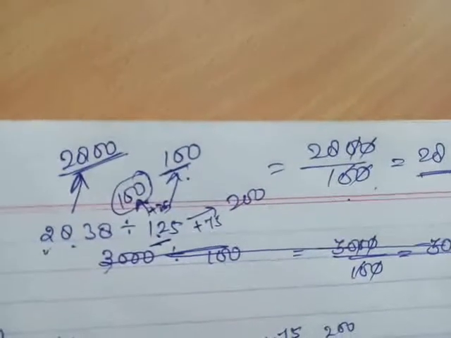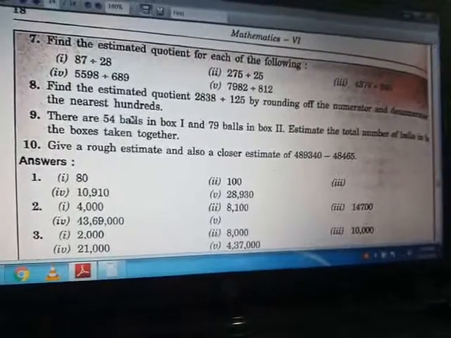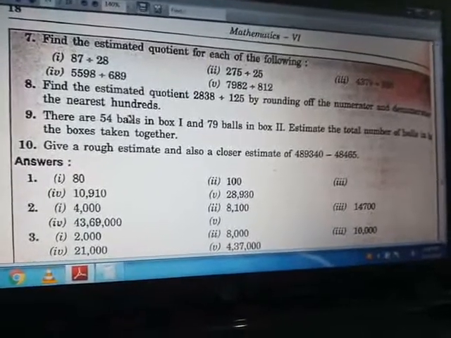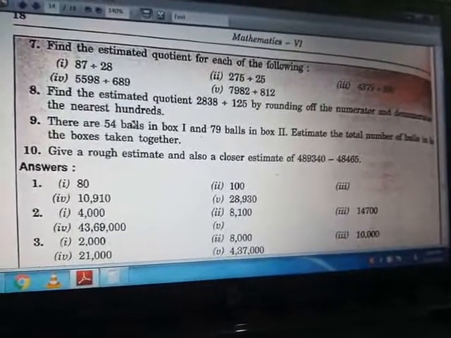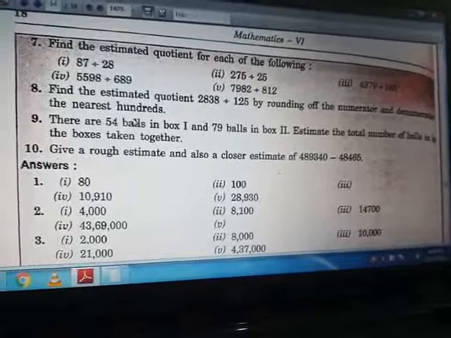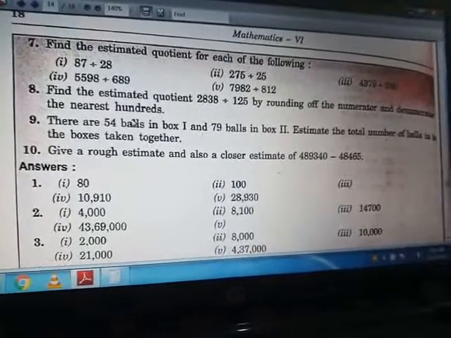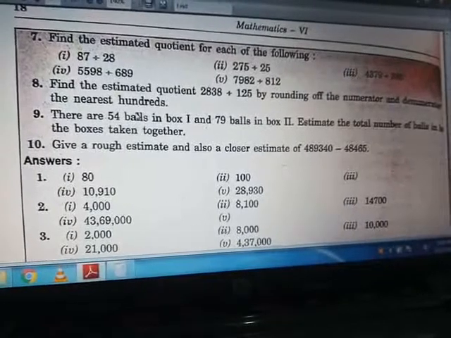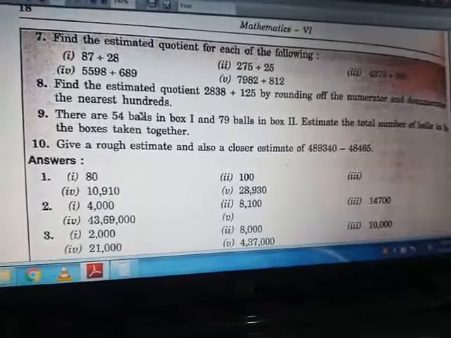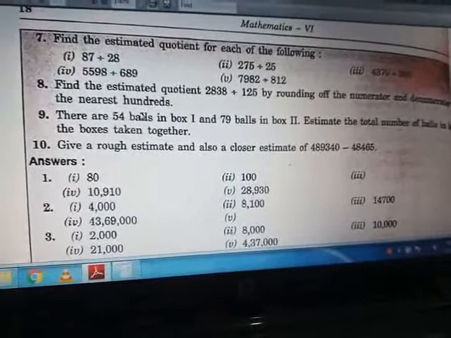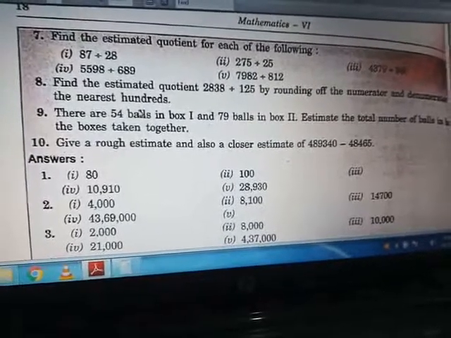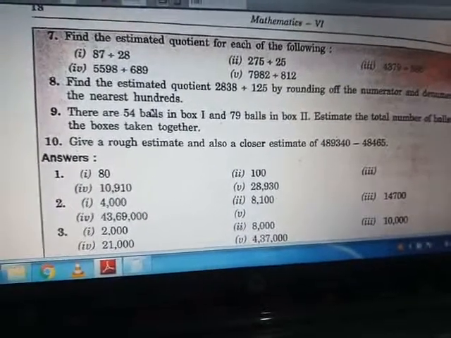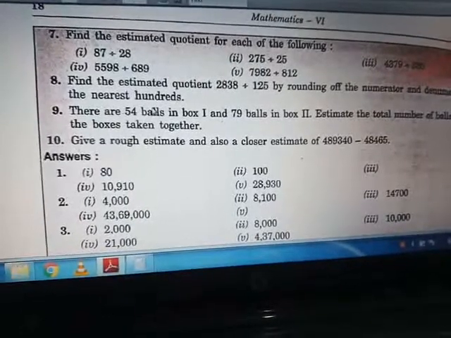Okay, moving to the next question. Here you can see the next question, question number 9. There are 54 balls in box 1 and 79 balls in box 2. Estimate the total number of balls if the balls in each box are taken together. What we have to do is first add the number of balls in both the boxes,